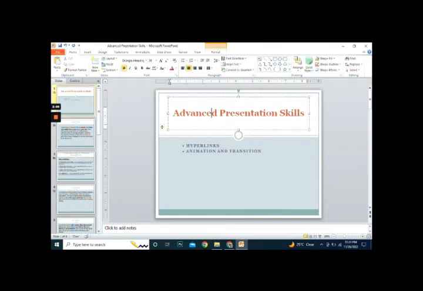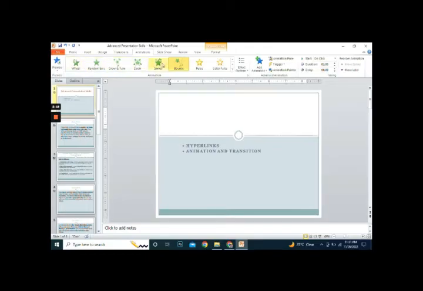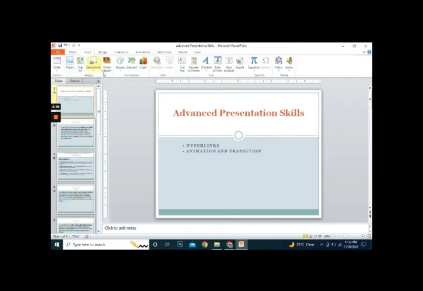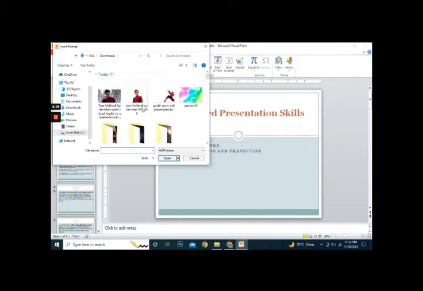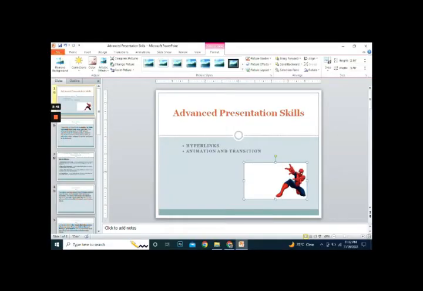So let us actually apply animation in this text, for example. Let's go now to the animation tab and look for an animation that can be applied to your text or even your images. If you want, for example, to add an image to your slide, then you can click insert, and then